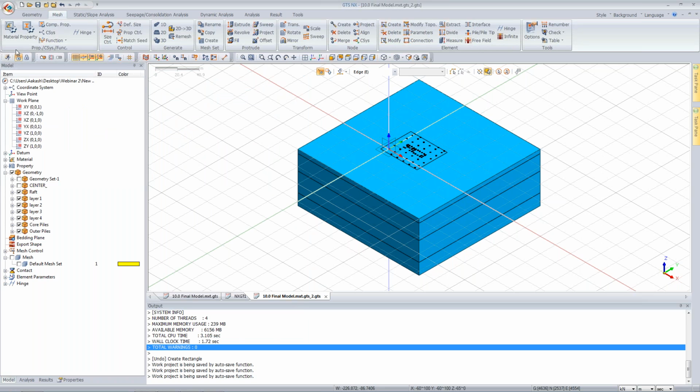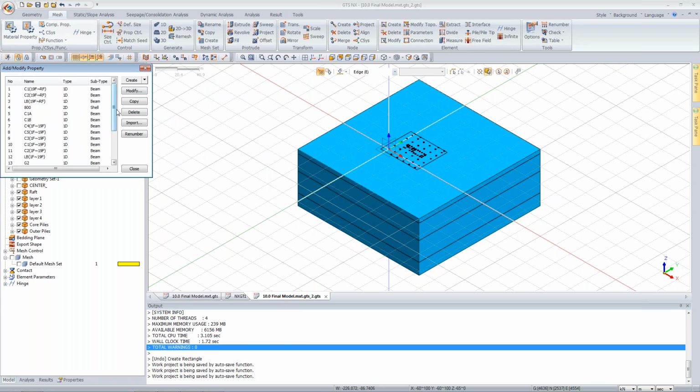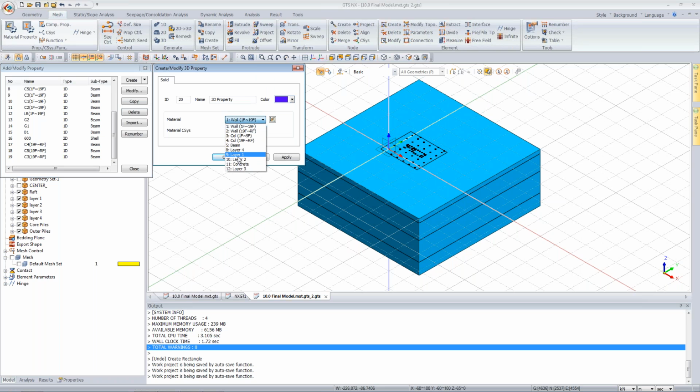After you define that, you come to property. So these are the various sections imported for the building. Now you have to create property for your geotechnical modeling. So 1D, 2D, 3D. We have 3D or the solid modeling for layer 1. So I'm selecting the material as layer 1 and just say apply. Similarly, select layer 2, create the property for it, say apply. Layer 3, layer 4,